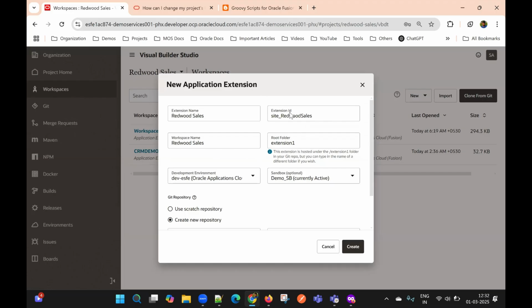When it comes to Redwood Sales, this extension ID will not work for some of the components, especially the CX fragments. Some of the fragments will work only with a specific extension ID. So if the extension ID is different, those components will not work. To make sure those components and custom objects that are created using the extension generator also refer to this particular extension ID,